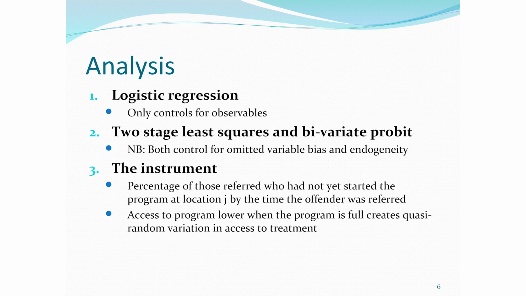The only thing you need to know is that those two techniques are ways of dealing with factors that you haven't included or haven't explicitly controlled for. So the logistic regression controls for all that stuff, but the other two techniques, two-stage least squares and bivariate probit, attempt to control for things you didn't include in it. To use that second method, you need to construct an instrument. That's a factor that influences access to treatment but doesn't have any effect on reoffending except through treatment. If you think that's more than you needed to know, you can just relax. We'll get to the results soon enough.